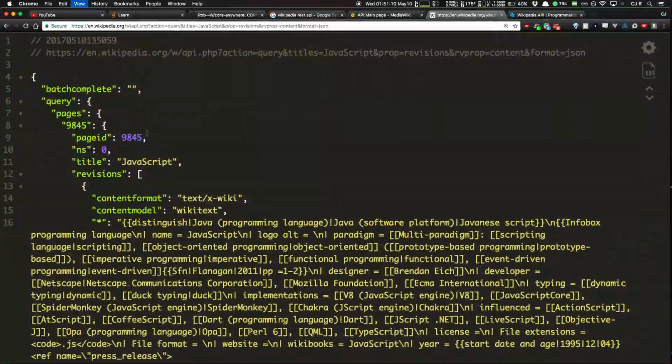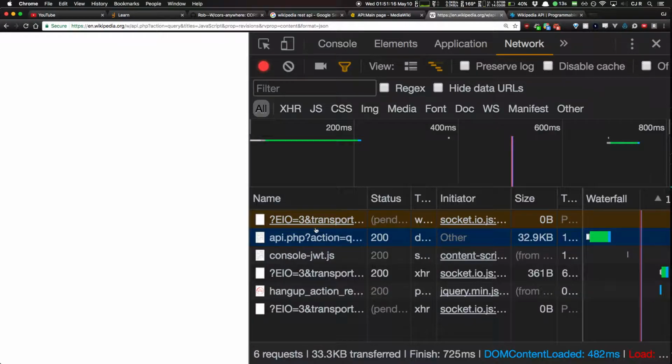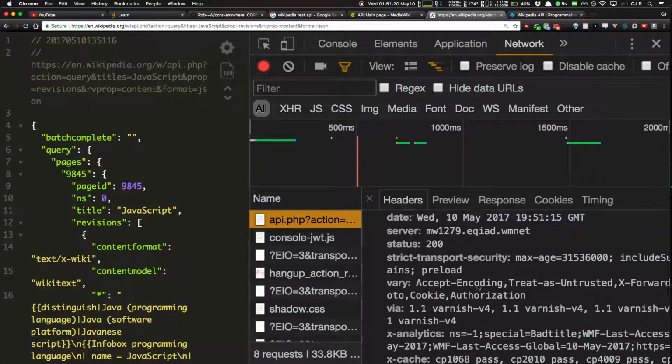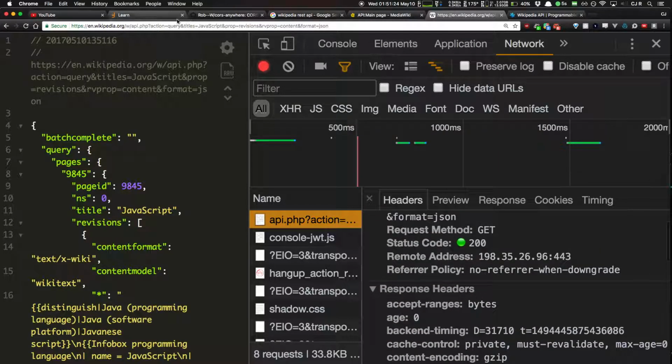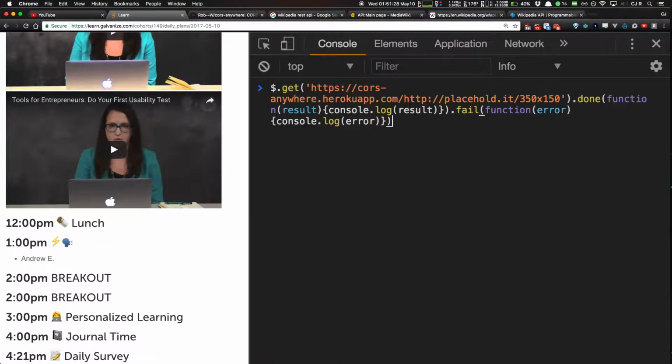But if we look at the request headers, so we'll make this request. We look at the API response: it does not have an Access-Control-Allow-Origin header on it. So if I were to try to make this request with jQuery,